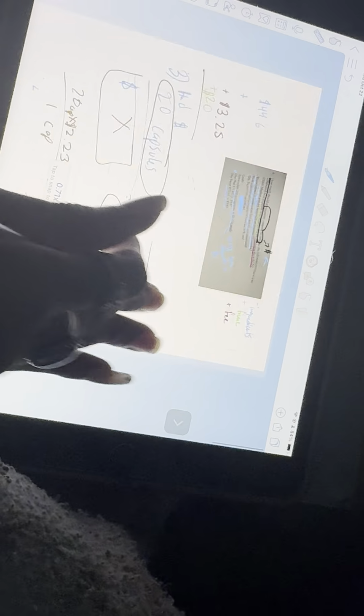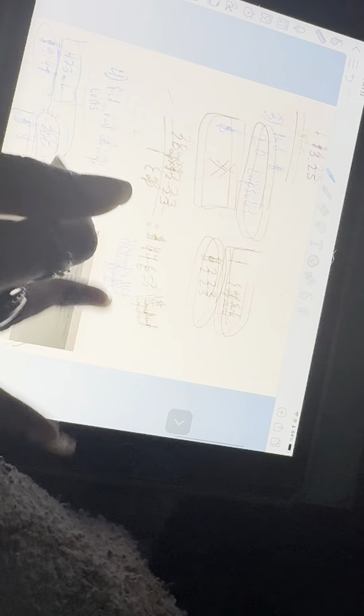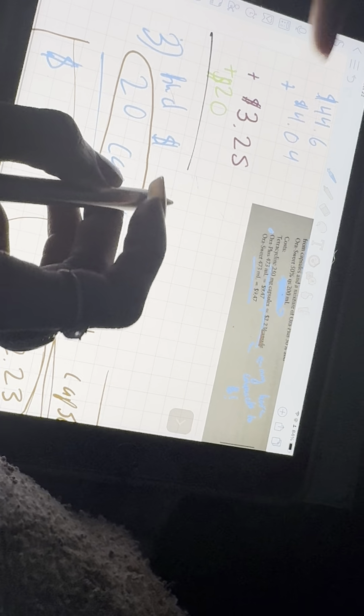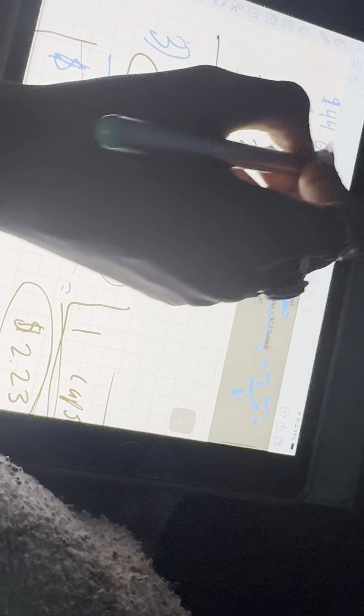I'm gonna replace that with our two amounts, which is $44.6 plus $4.04. And I'm not gonna calculate it, but that was about